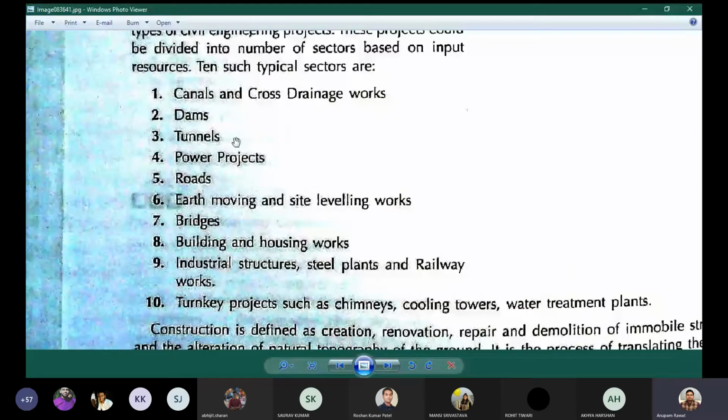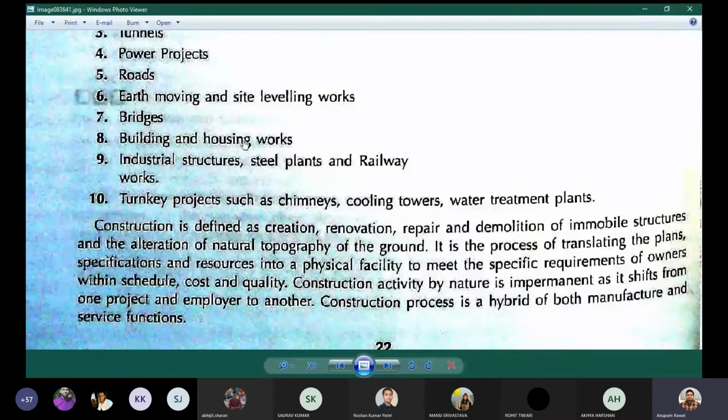So if we have to define a construction project, we can say a construction project is a temporary work undertaken to provide a product or a service. There are 3 words which draw our attention and need some explanation. The first word is temporary. Temporary here signifies that every project has a defined beginning and an end.